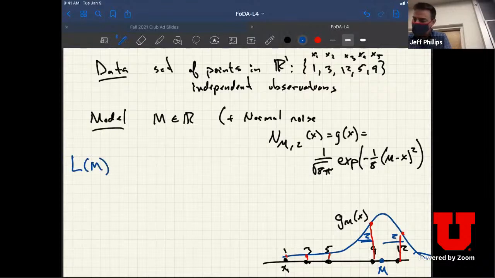And remember, you can think of this as the probability of the data given the model, although we can't really do that because the space of the model is continuous and it's not really a probability. It's a PDF, so we have to use this functional form. But we can think about it as the data,